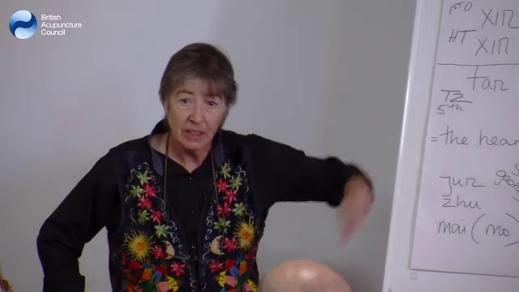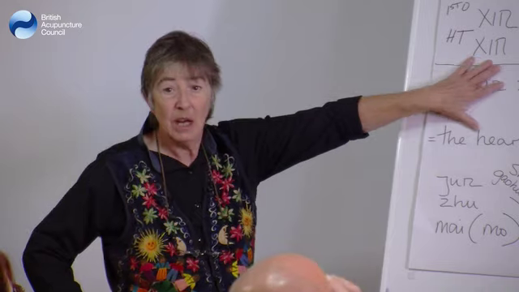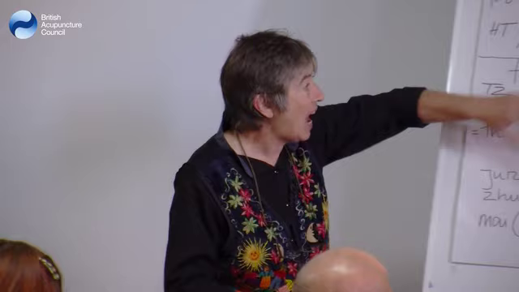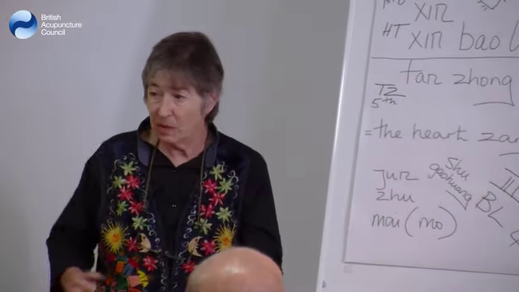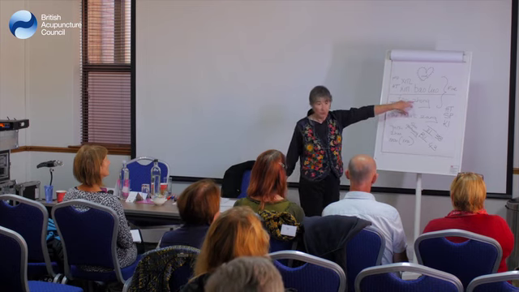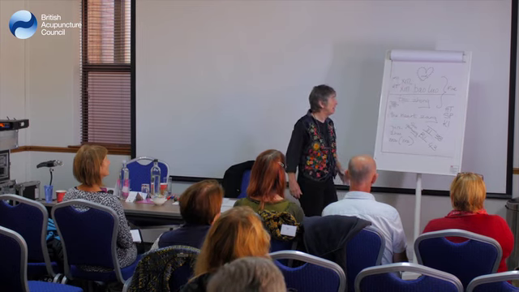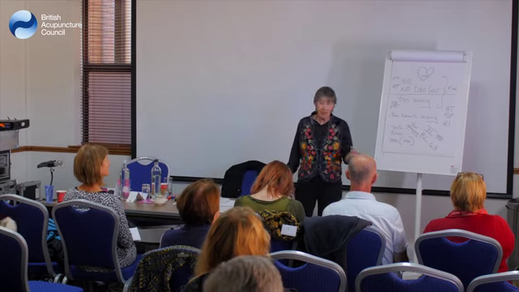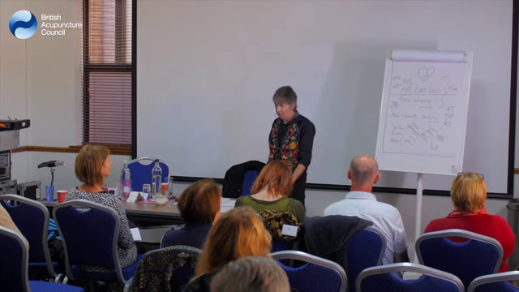Xin Bao Luo. Xin is heart. Bao is like wrapping, enveloping. You find this also associated with the concept of the uterus. And Luo, as is the same as the Luo channels, connecting channels. And Tanzhong. So all 3 of these, when you say the heart zang, we are talking about Xin, Xin Bao Luo, and Tanzhong.